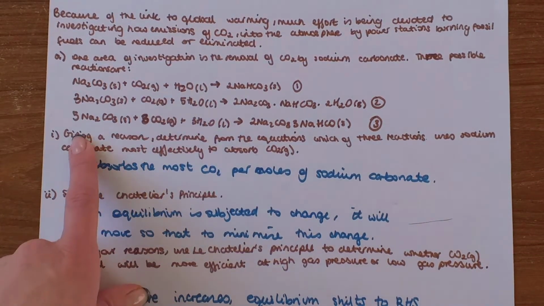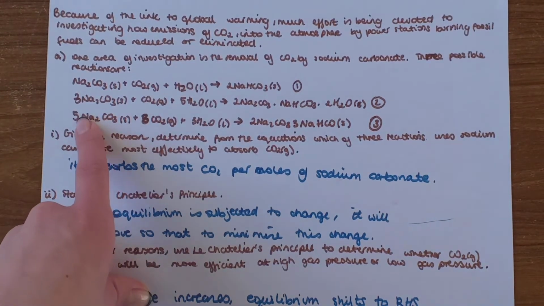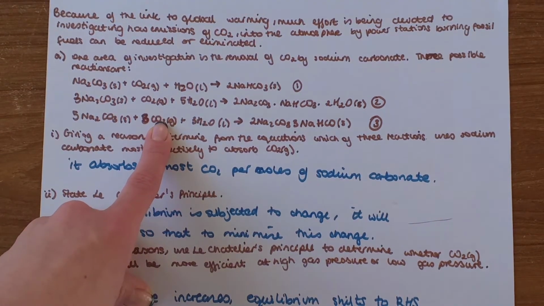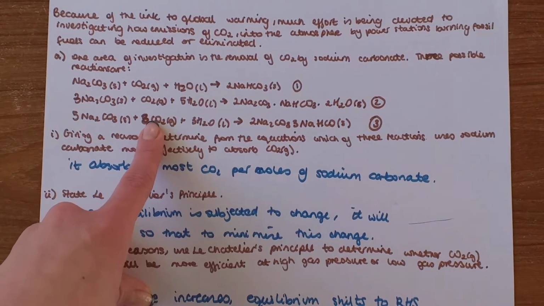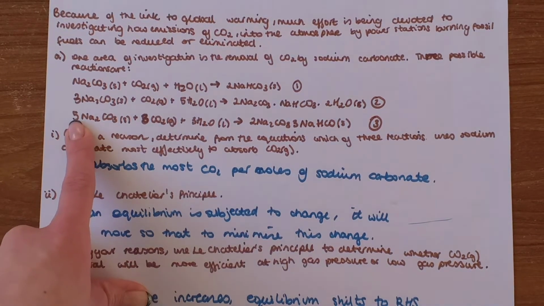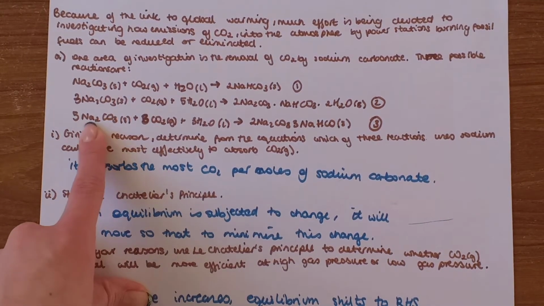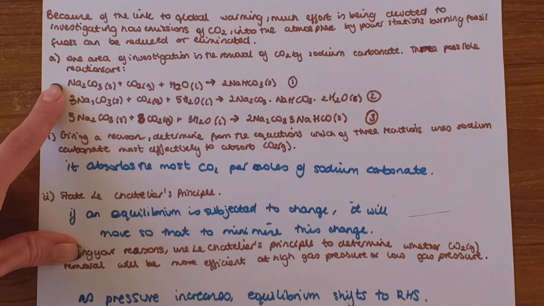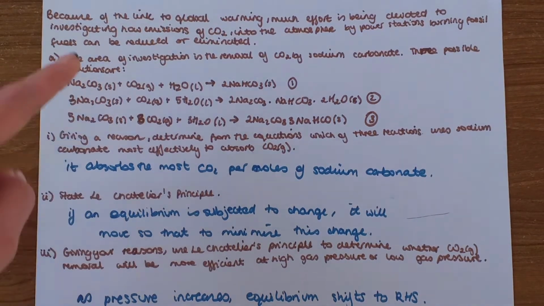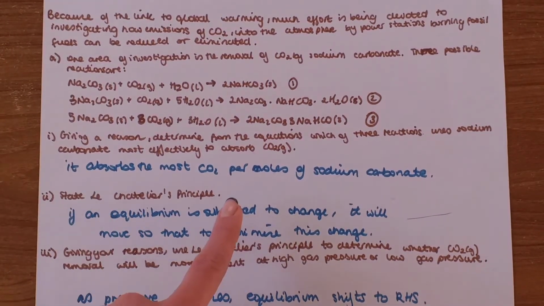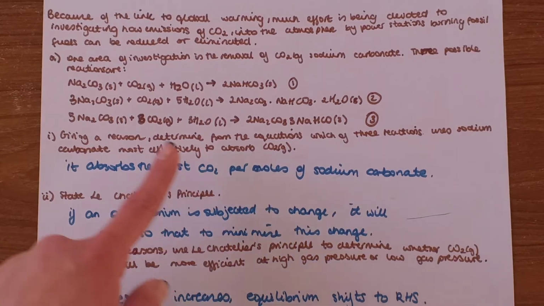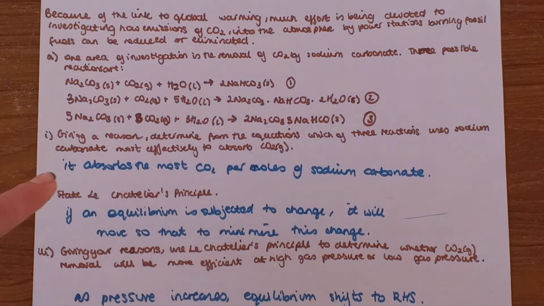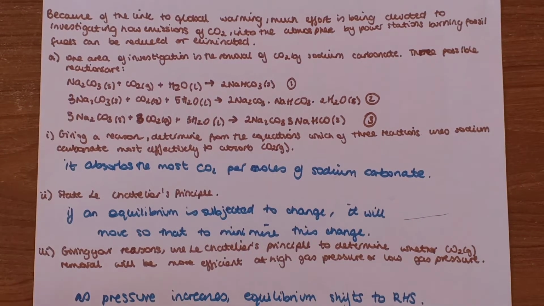carbon dioxide. And in the last equation, we have 5 moles of sodium carbonate and 3 moles of carbon dioxide are absorbed. Although we have 3 moles of carbon dioxide absorbed, we will need 5 moles of sodium carbonate, so it's still less effective than the first one. Therefore, we can say reaction number 1 is the most effective because it absorbs the most carbon dioxide per mole of sodium